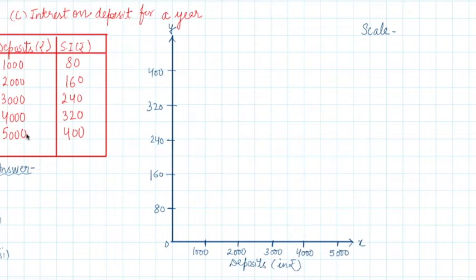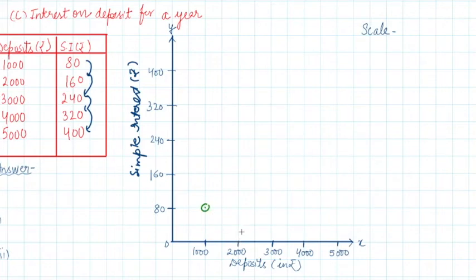This is interest on deposits for a year. So these are the amount deposited and this is the simple interest on this amount. Okay. So again, what we will be doing, we have taken deposits on the x-axis and we have taken simple interest again in rupees on the y-axis, right? So when this is 1000 rupees, 80 rupees. So again you see, with the increasing deposits, the simple interest is also increasing in the same proportion, right? So let's mark it. When 1000 rupees are deposited, there is an interest of 80 rupees.